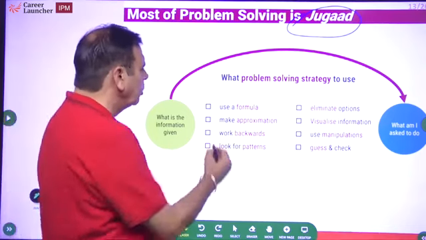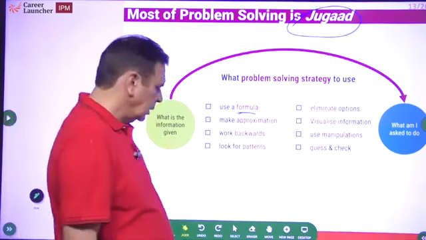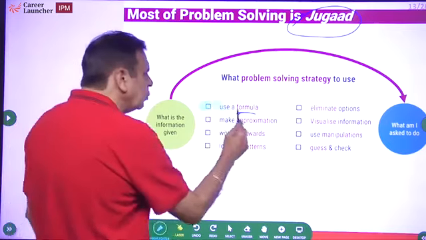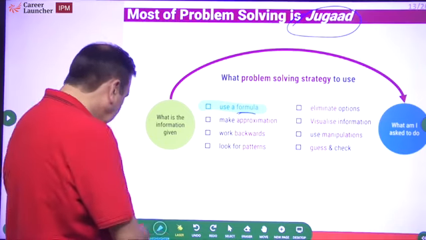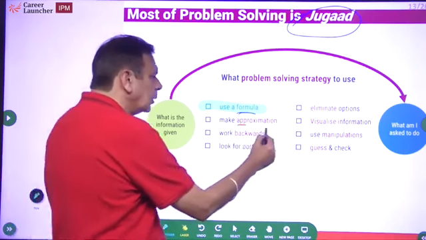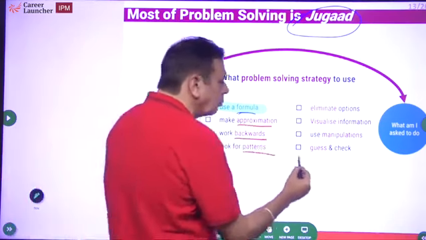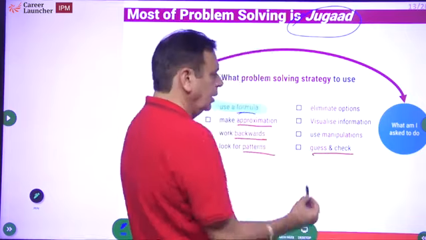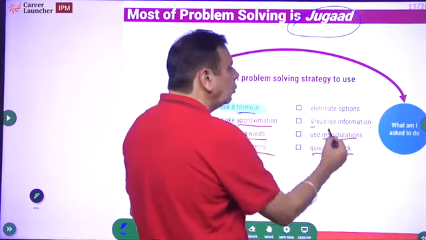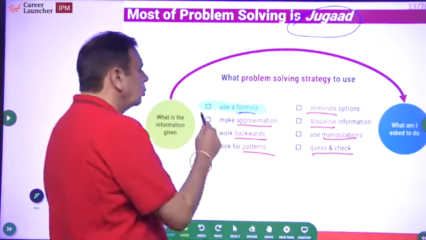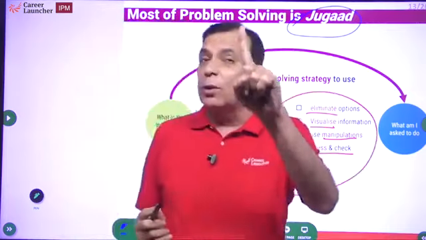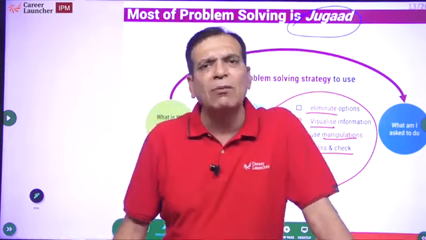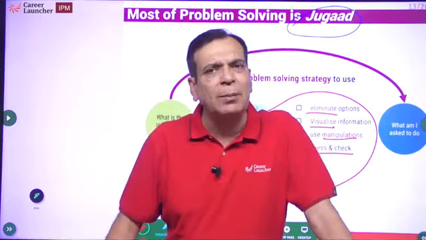What is it most people do? Most people use a formula. This is the only technique that is used by most of the people. They use a formula, there is a way to solve it. But what is missed out are, you don't approximate, you don't work backwards, you don't look for patterns, you don't guess. You don't manipulate data, you don't visualize, you don't eliminate options. So out of the 8 options, the 8 ways of solving a question, you are using only one. No wonder you are only 1/8 as efficient as people like me.